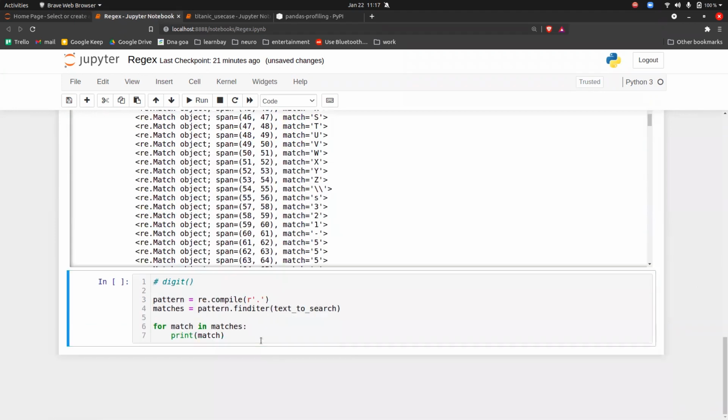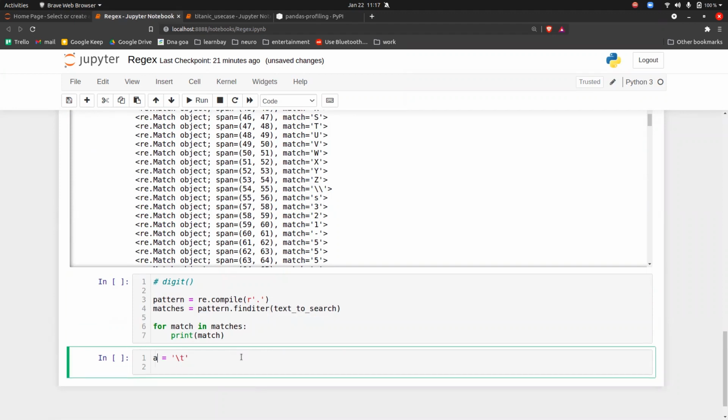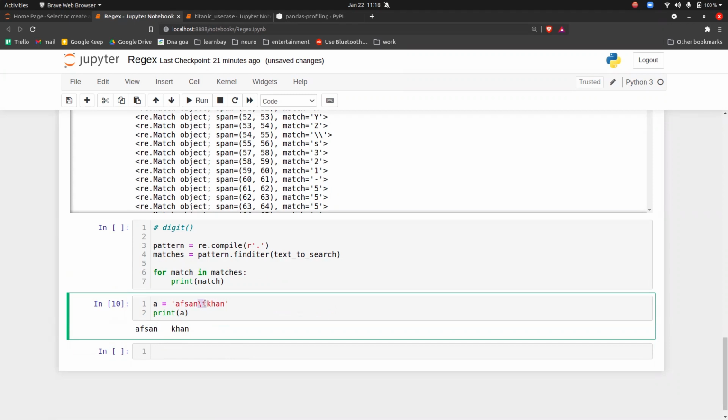So basically, see, if you have a print, if you have a slash t, what does slash t mean? If I write Afsan here and Khan here, and I do print a, it becomes a tab, correct? But if you don't want to treat this as a tab, what you do is put an escape character before that, a slash, one more, and execute it.